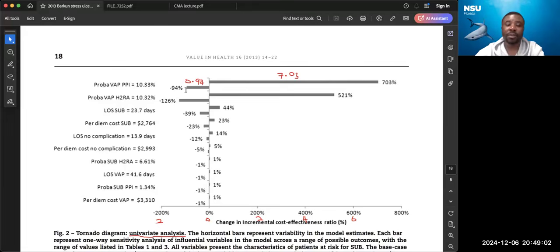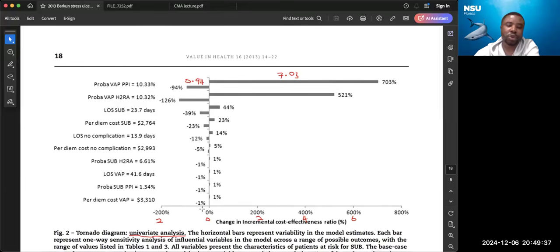So from this tornado diagram, the first one is normally the most sensitive parameter. Here, the most sensitive parameter is the probability of the PPI causing the VAP. The next one is the probability of the H2 array causing the VAP, which is the next most sensitive. And the one with the lowest sensitivity is the per diem cost of the VAP, which is the